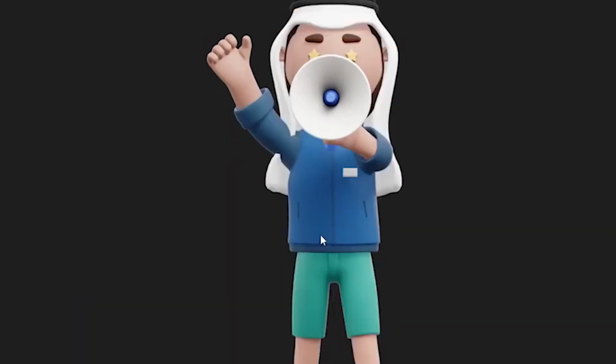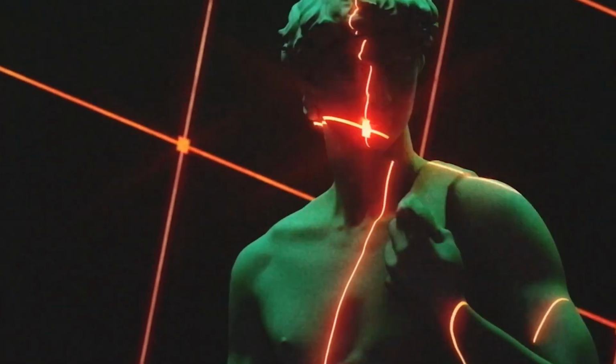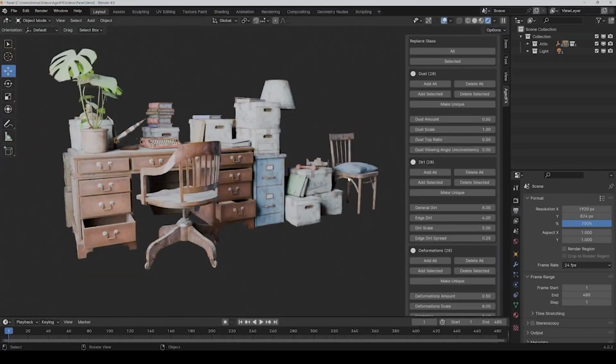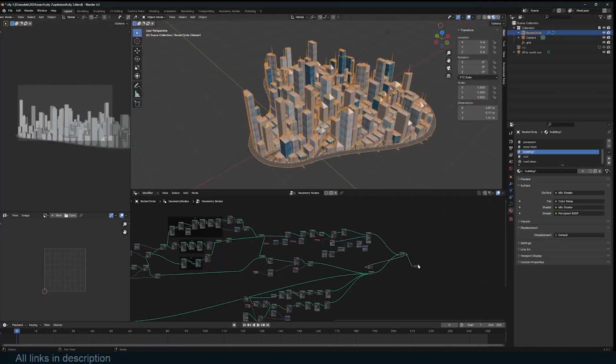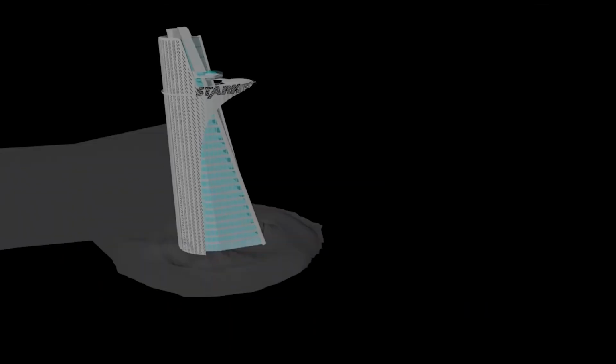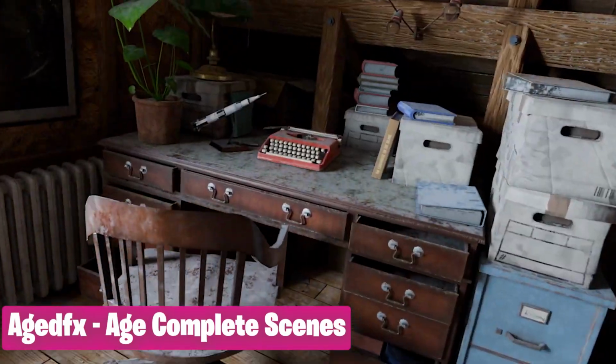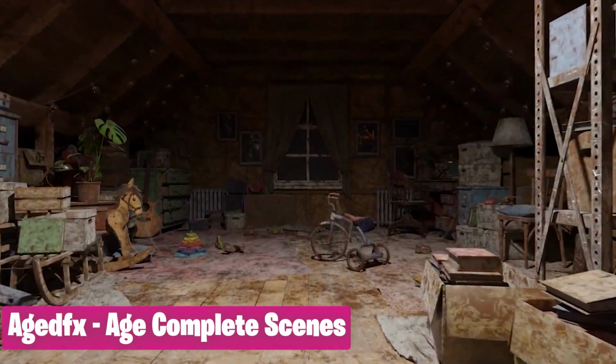With that, we also have some new amazing add-ons and generators that you may want to check out, from procedural aging, city generators, character packs, parallax shaders, and improved motion tracking. So let's dive in. Making materials, objects, and textures look old is a complicated process that takes a lot of